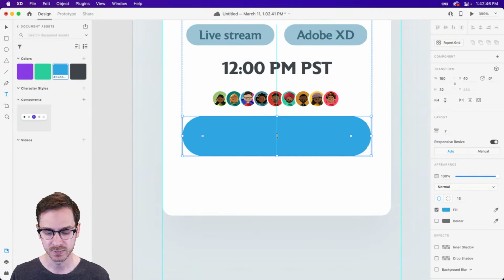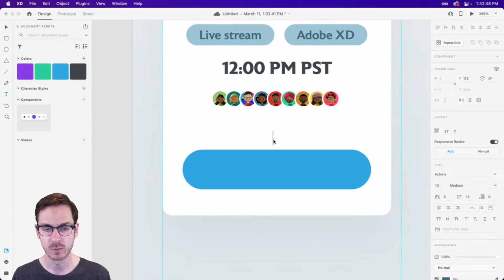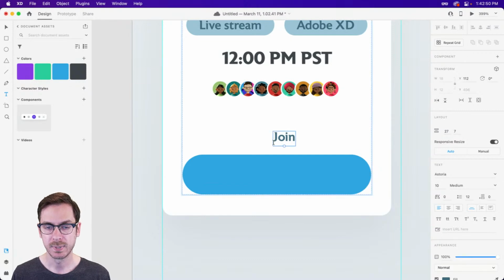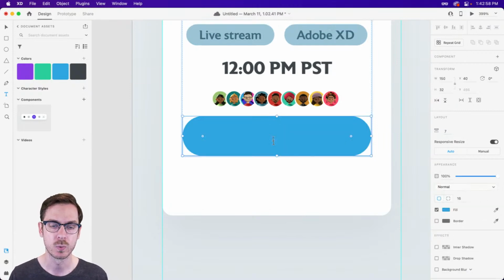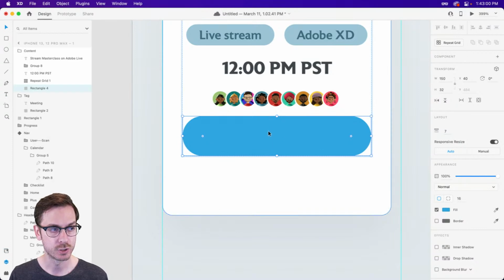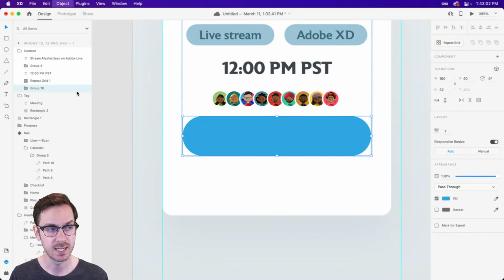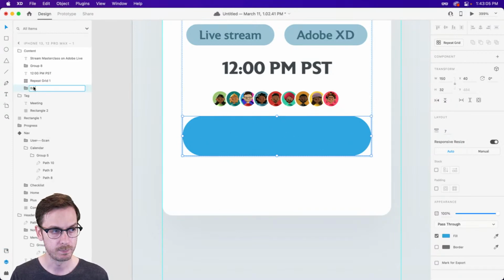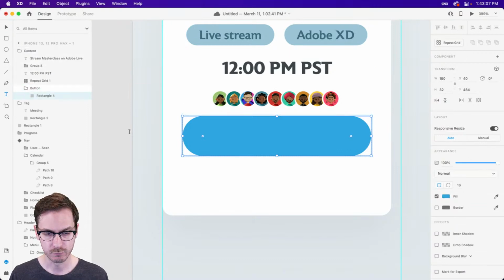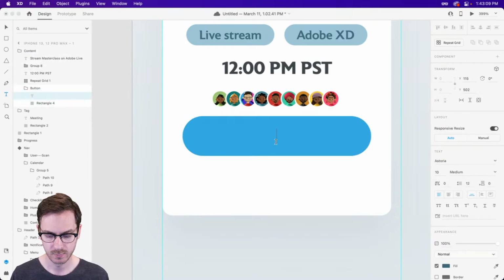Now if I were to simply click with my text tool now, right? Because we have a stack on inside of this group, it did what it's supposed to do, and it placed that new text layer above it or below it, depending on where your cursor was. So we'll want to make sure to just group this particular rectangle, and I'll call this button. And then inside of the group, we can now use our text and then join live